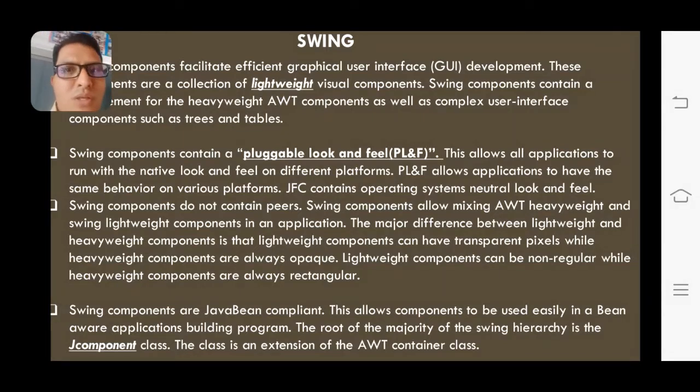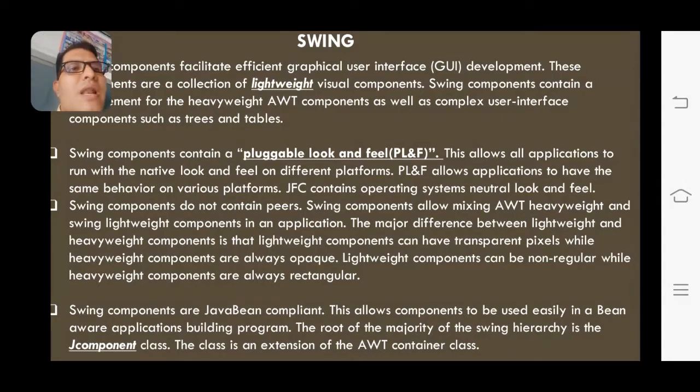So in the same sense, whatever control you have developed using swing components is a mixture of lightweight as well as heavyweight components, which you will identify in your smartphones, in your user interfaces, right? Some of the apps are lightweight and clearly show the background of your interface, and some of them are not showing the background of your interface, right?